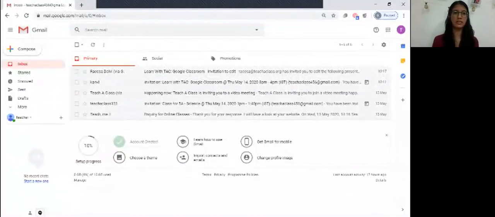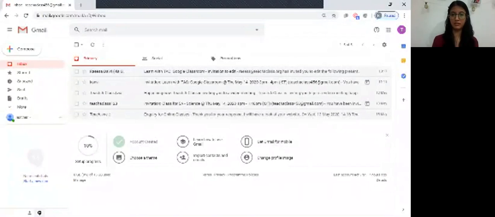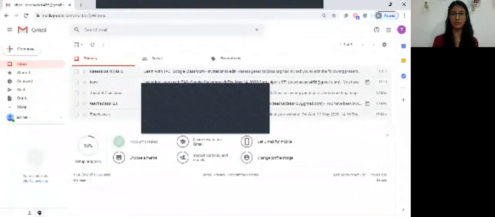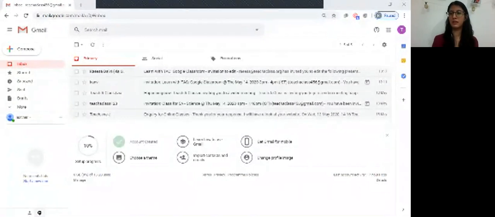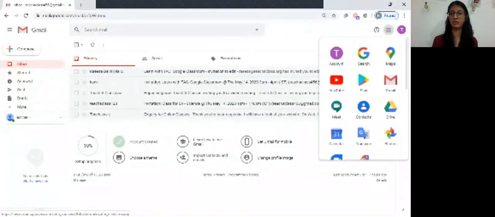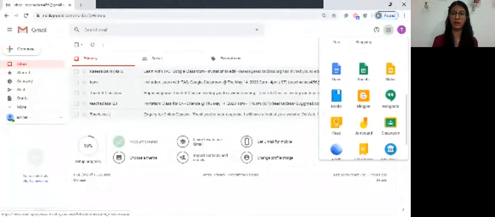So here you can see that I'm in my Gmail account. Now, if I have to go to Google Classroom, I have to roll over to this dotted icon over here on the top right corner. And in these applications, I'm going to search for Google Classroom or Classroom.